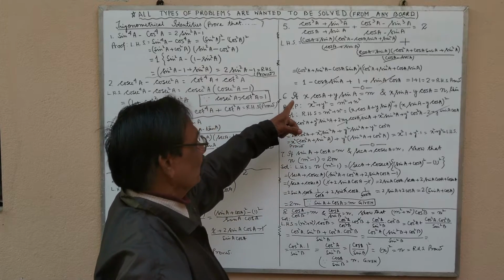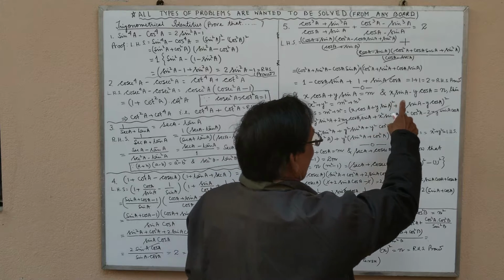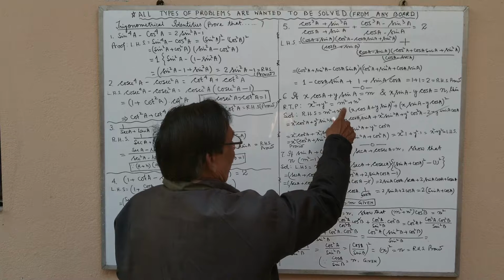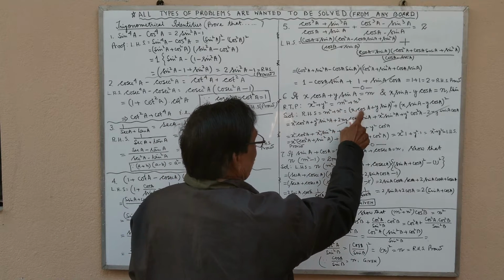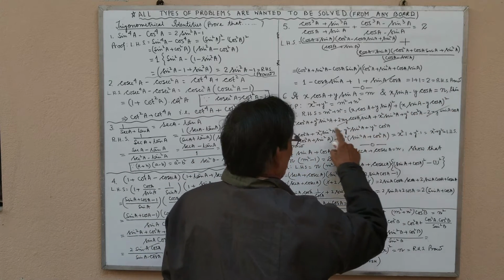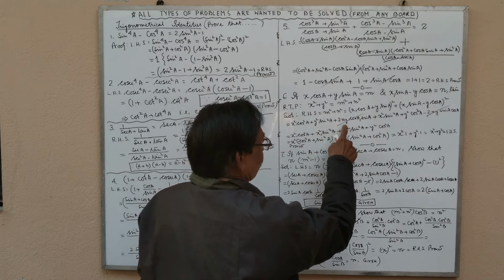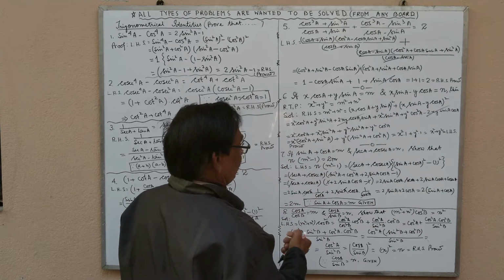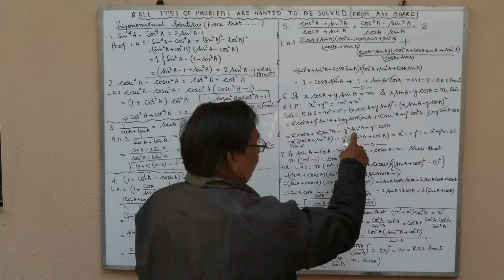Next, another one: if x cos a plus y sin a equals m and x sin a minus y cos a equals n, then we have to prove this one. Taking the right hand side, m square, the value of m is this square, and the value of n is this square. Taking the square, it is a plus b whole square, a square plus b square plus 2ab. Here also a square plus b square minus 2ab. Plus and minus cancel each other, and here x square sin square a, cos square a, y square sin square a, y square cos square a.